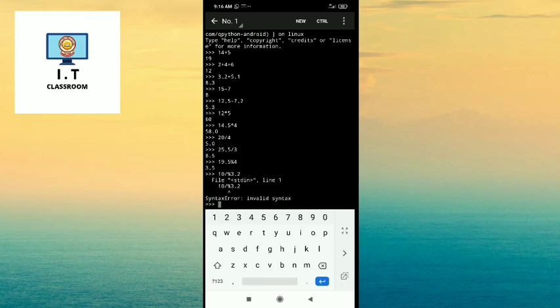Like this. In this way you can apply the commands in Python, QPython for Android, and you can get the answer on the next line like this.